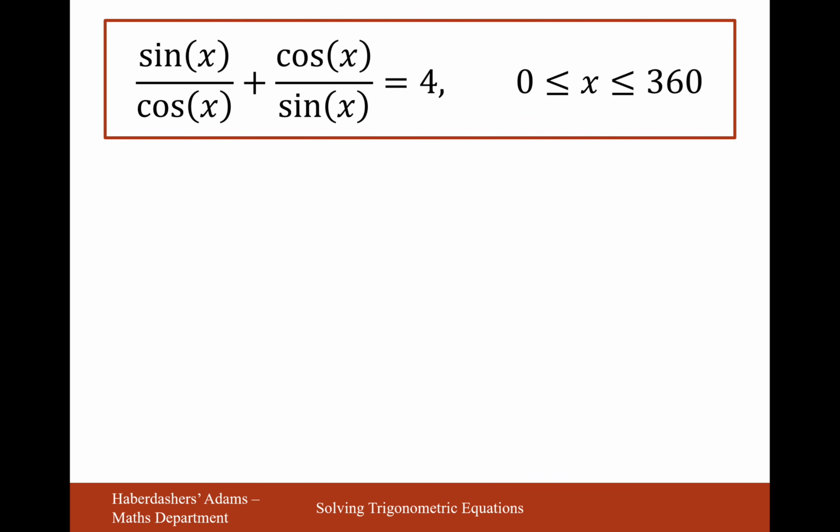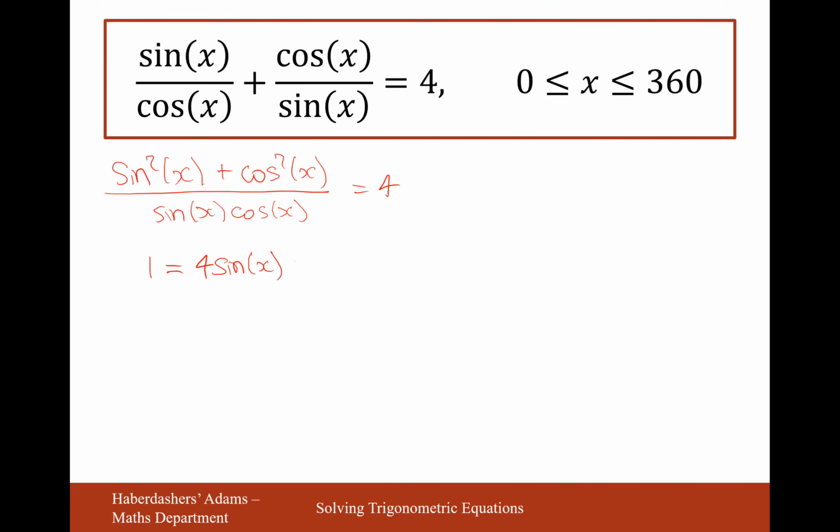Okay, let's move on to the next equation, and I think first of all we'll have to sort out this fraction on the left hand side. So it's going to be sine squared x plus cos squared x over sine x cos x, and then equals 4. So you can see what's going to happen here. The sine squared plus cos squared on the top will turn into 1, and then it will be 4 sine x cos x on the bottom, so on the right hand side. Then we'll turn it into 2 sine 2x, and then half both sides,